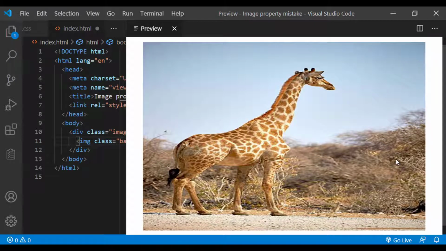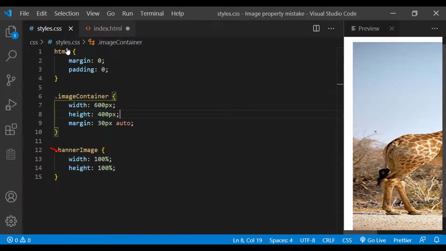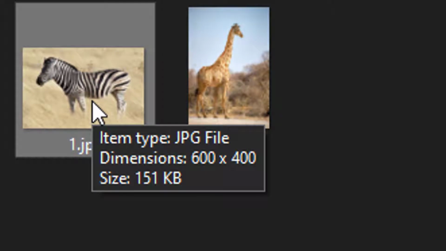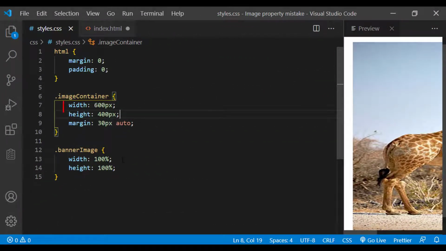Reason behind this is we have specified both width and height property for the image. First image looked nice because the actual size of the image is 600 cross 400 and we try to fit that in a 600 cross 400 container and so we didn't face any problem.